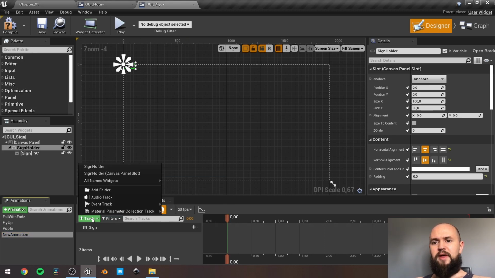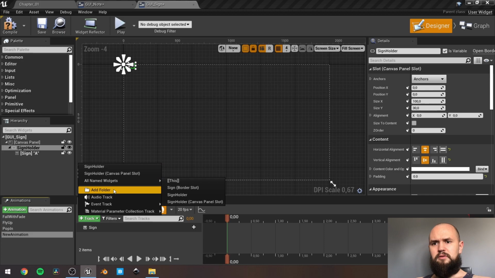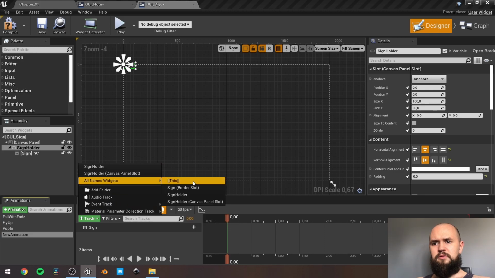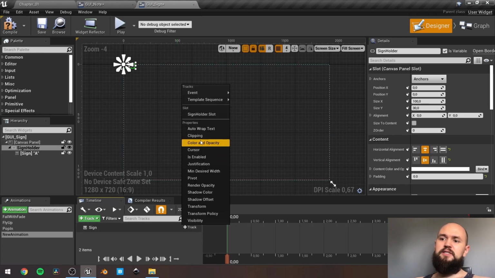Next, you need to add a track. Oh, no, you don't need to add a track, I'm sorry. Now once we've added our widget here, we can add a track here